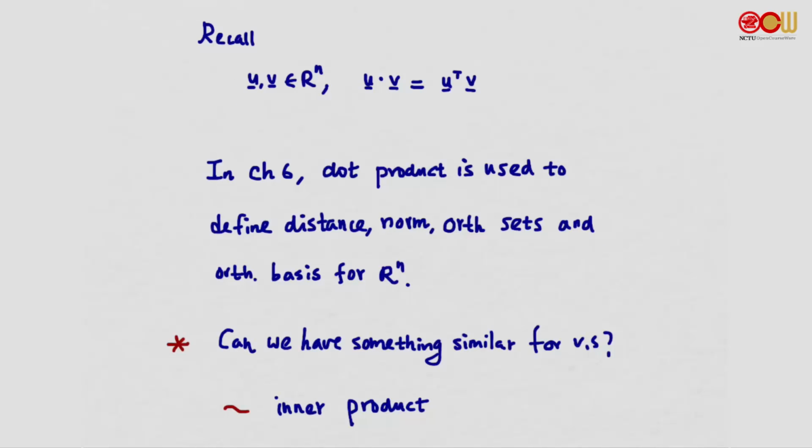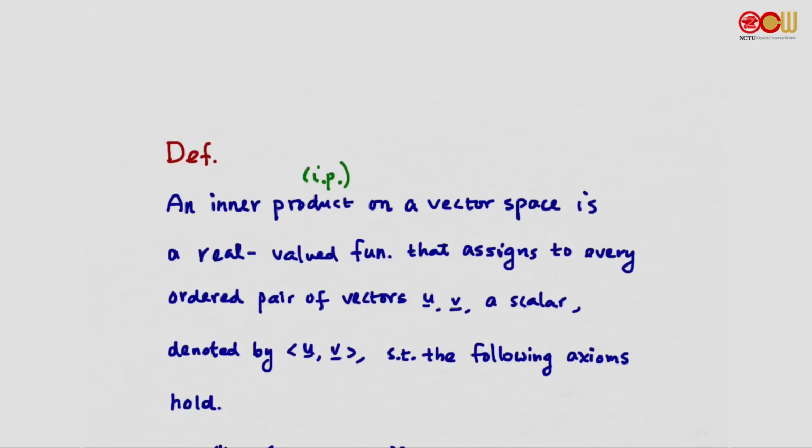Here we would like to have something similar for a vector space. And the answer is the inner product, something very similar to the dot product for Rn. An inner product, abbreviated